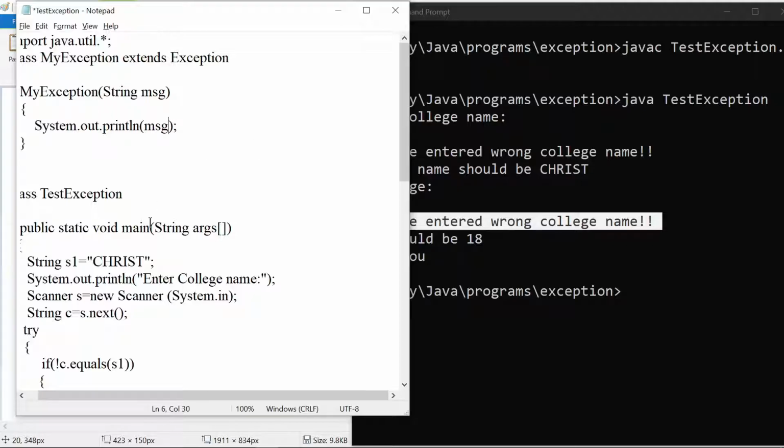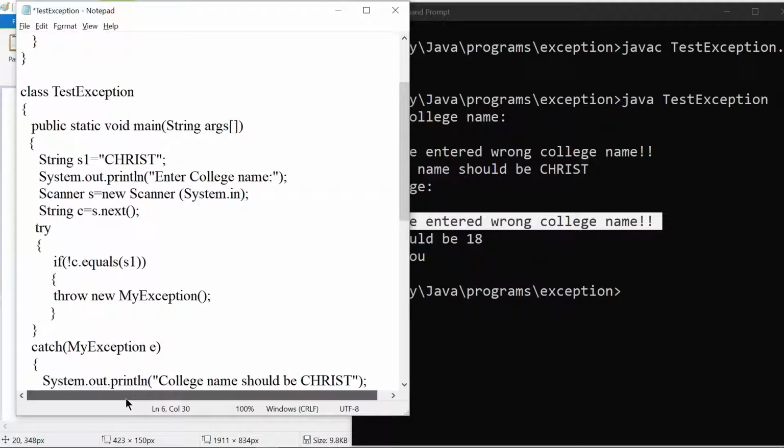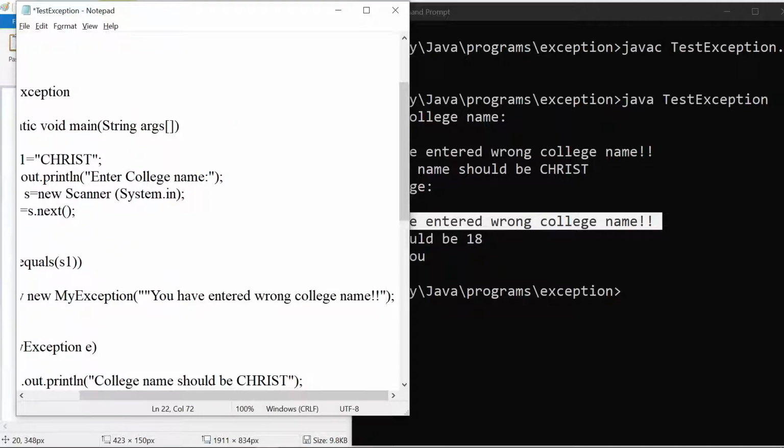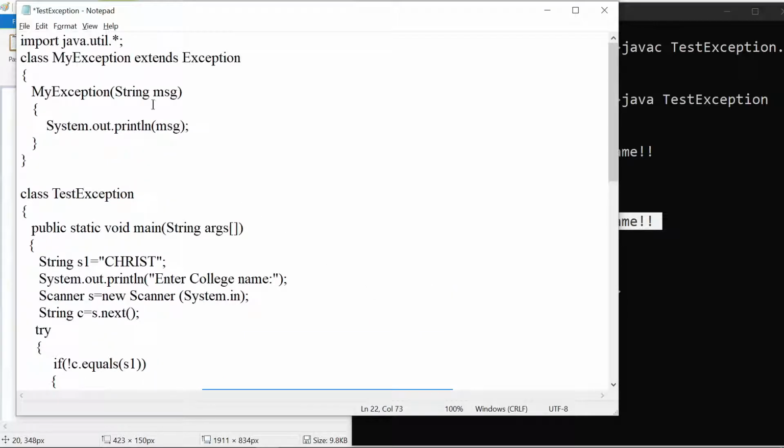Whenever you are creating an exception, like in this case the college name, at the time of creating the object of my exception you can pass that message as your parameter. I hope you are all following. At the time of creating the object of an exception, you pass one string, and that string will be copied here and you will get the same message.